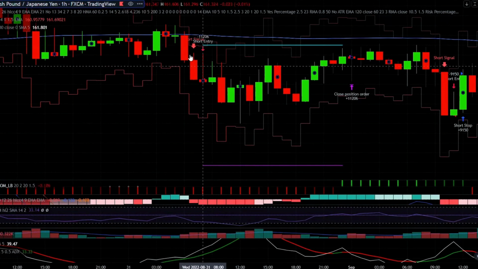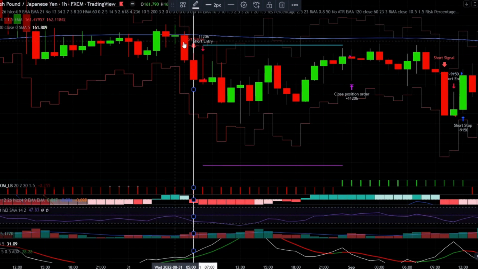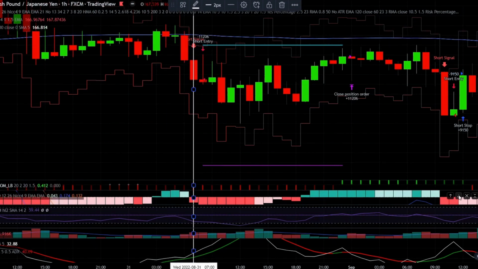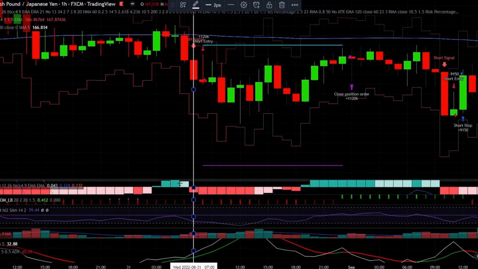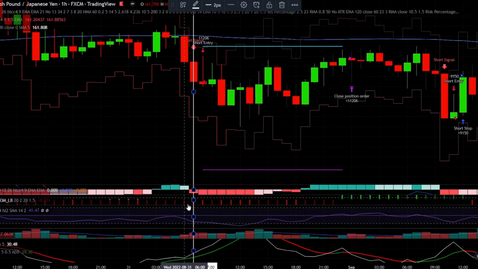Okay, here you can see a short example. The signal candle was this one, so I mark it with a white line. For a short entry, we need to have the price under the moving average. Then we need to see a cross down on the MACD, which happens right on that candle. After that,